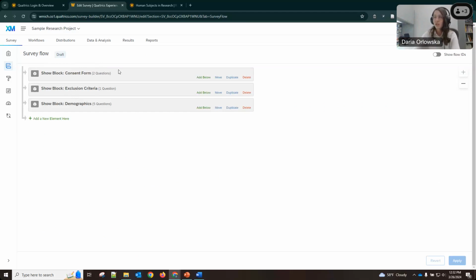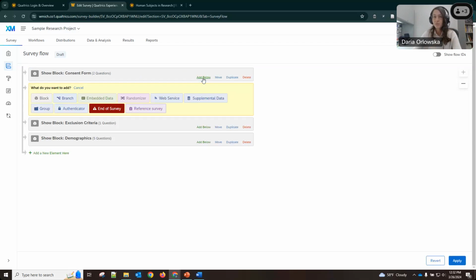So the first thing we want to do is, for the consent form, we want to add a condition so that if they say yes to participating, now they're shown the exclusion criteria. So I'm going to click on Add Below, and this will give me a menu. I want to have branch logic.